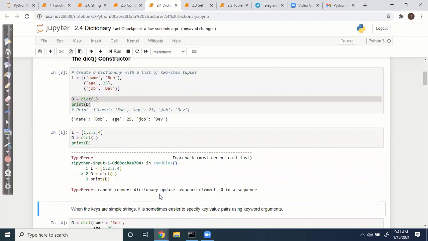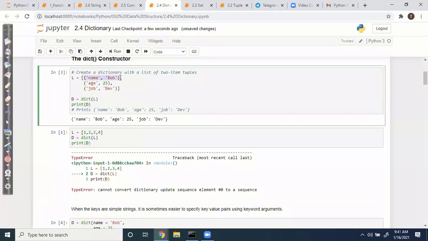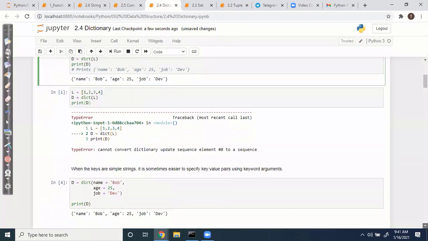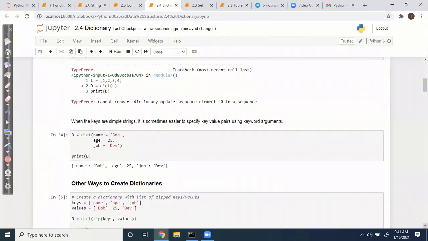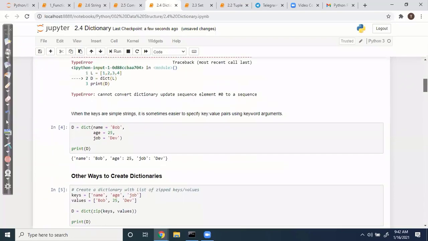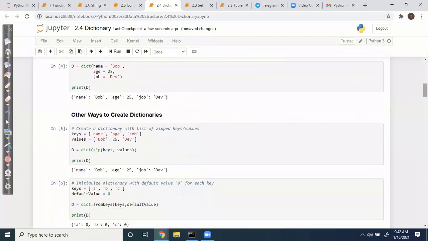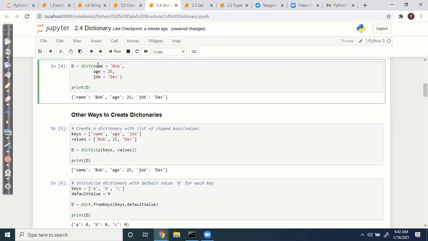It cannot convert to a dictionary, because it doesn't have any key and value. So you have to specify tuples, which give the key and value directly. Dictionary means key and value. Here we have name, age, and job. You can assign values like this, and it creates this kind of dictionary object.